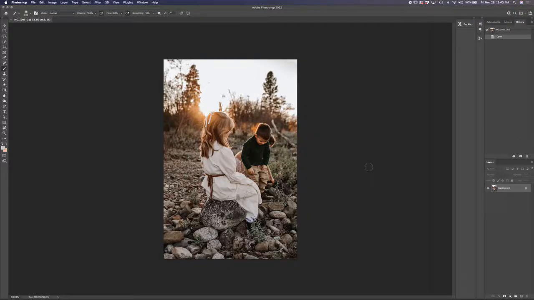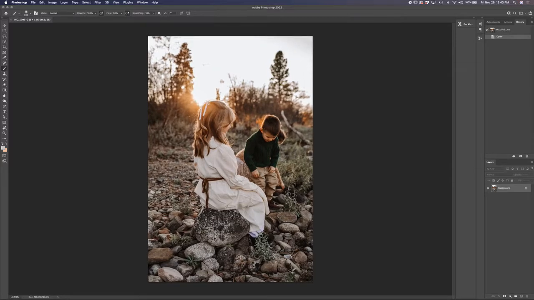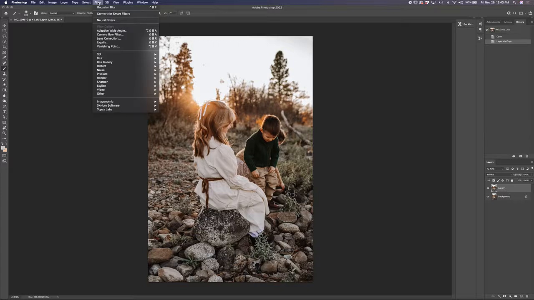Hi everyone, so I'm just going to be doing a video here showing you how to run Portraiture in Photoshop. So you have your image open, which I've opened from Lightroom, and I'm going to start out by creating a duplicate layer. So I'm going to hit Command J, and it's going to duplicate the background layer or the image. And then you run up to Filter,